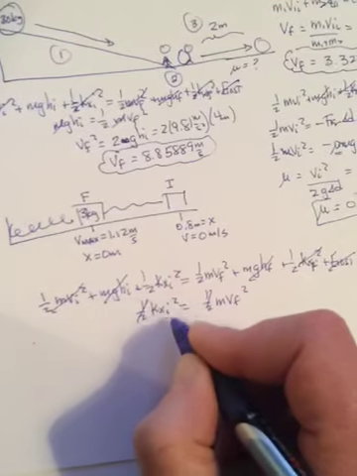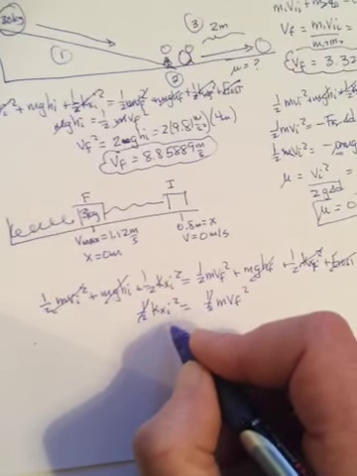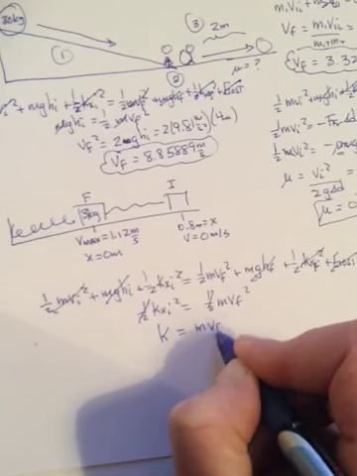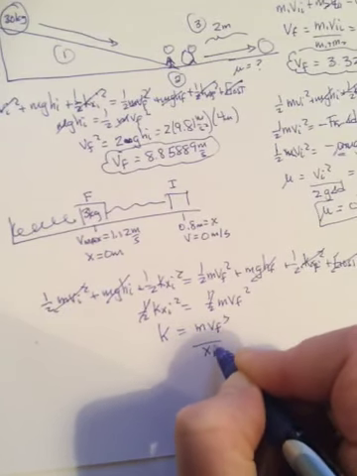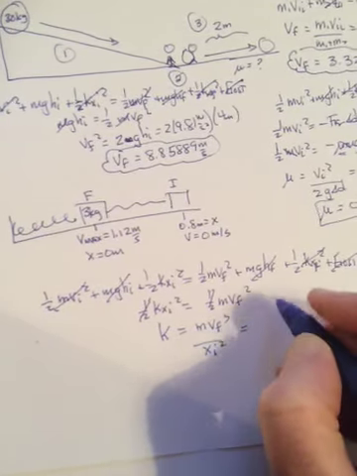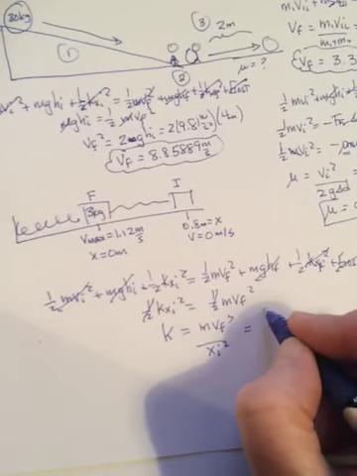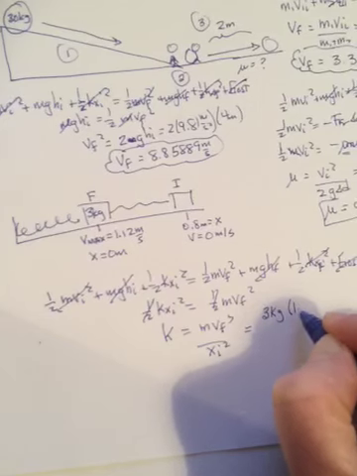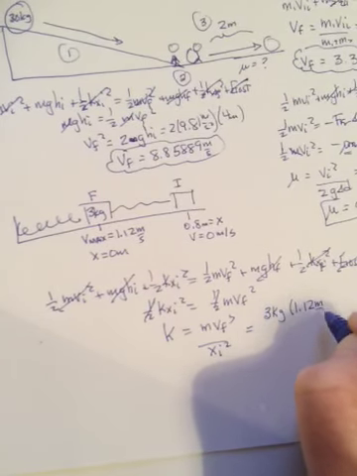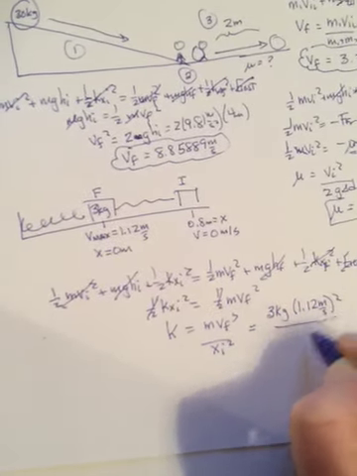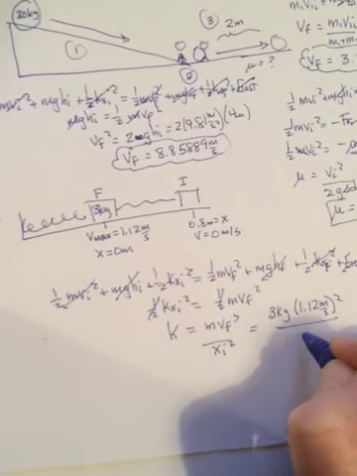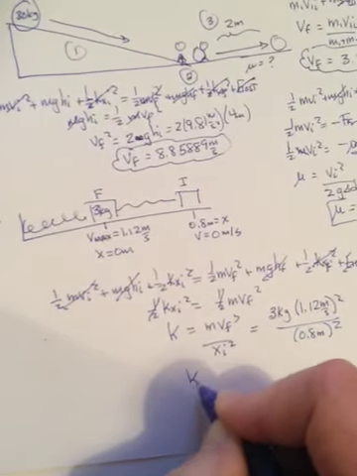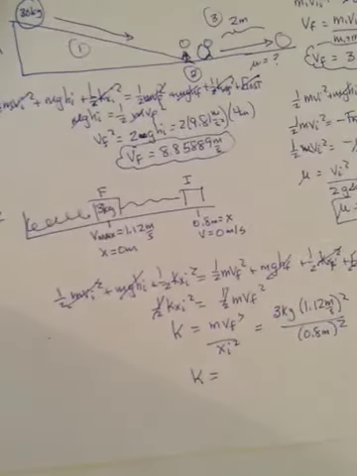The halves will cancel, and we're trying to get our k, so divide by x squared. So k equals mv final squared over x initial squared. And I'm going to run out of time before I finish this. So 3 kilograms times 1.12 meters per second squared divided by x, which was 0.8 meters squared. And so when you do this, you get